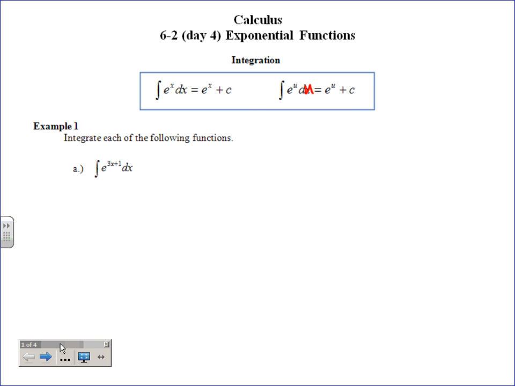It is its own antiderivative. And so we take a look at this first one. It does not say e to the u. It doesn't just say e to the x either. It says e to the 3x plus 1. And so our job is to try and get it to say e to the u. So u is obviously going to be then 3x plus 1. Now, there's no guarantee that substitution is going to work here, but you've got to try. And then du